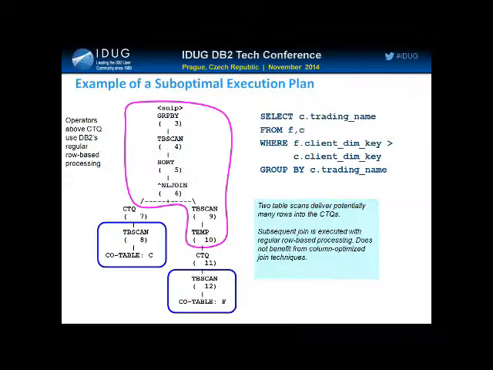Contrast this with a plan like this, where the CTQs are actually sitting right on top of the table scans. So in a nutshell, what's happening here is the columnar engine is scanning the columnar data and we're immediately converting it to row format and then performing the bulk of the query processing in the conventional row engine. And in this case, obviously, you're not going to see the acceleration benefits of BLU because we're not actually in